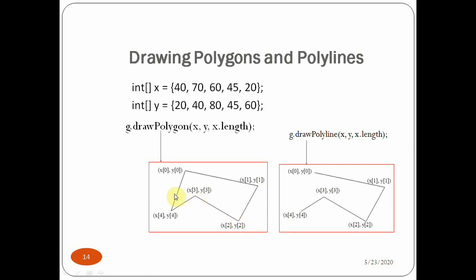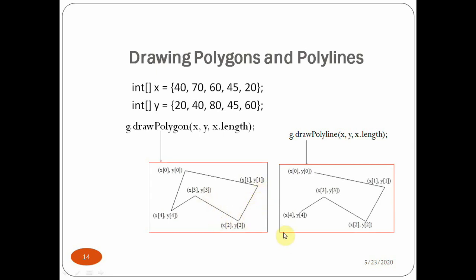Okay, so the draw polygon and fill polygon methods take three arguments: x value, y value, and the length of the line. Okay, so the length of a line can be set as the difference between the second point and first point. Here, difference between x1 and x0 can be considered as the first line, and difference between x2 and x1 can be considered as the second, that is length of the second line, and so on.